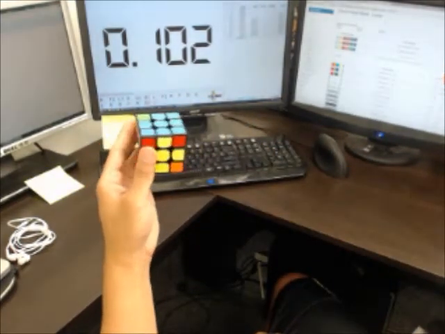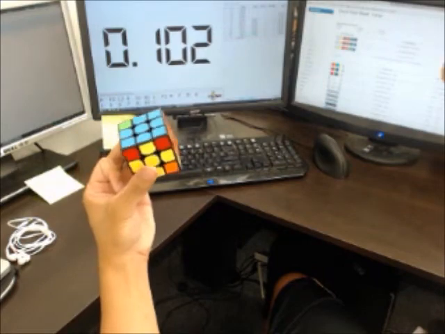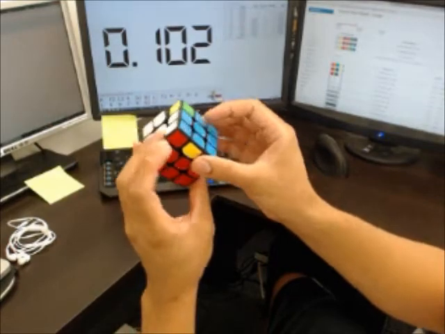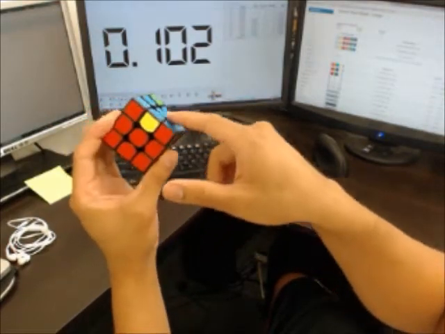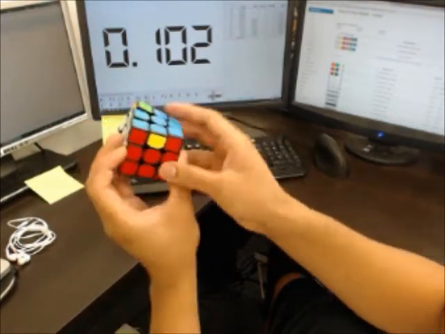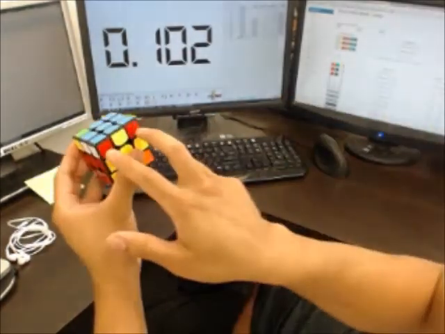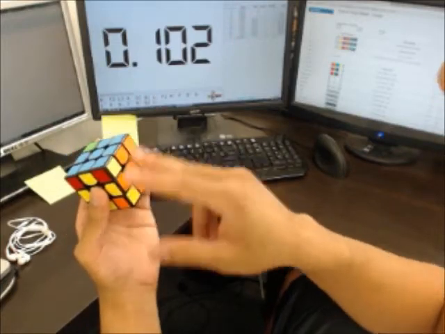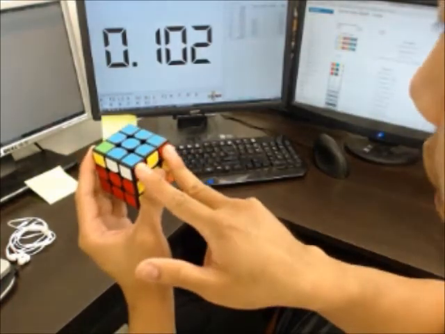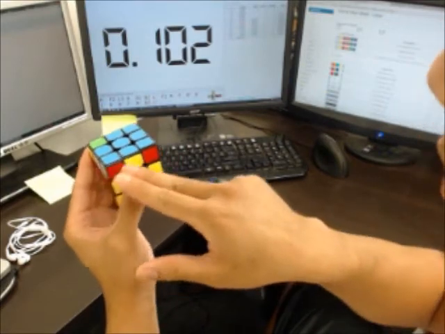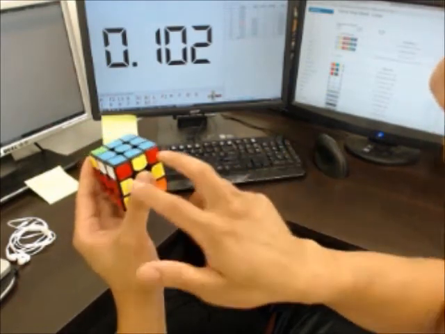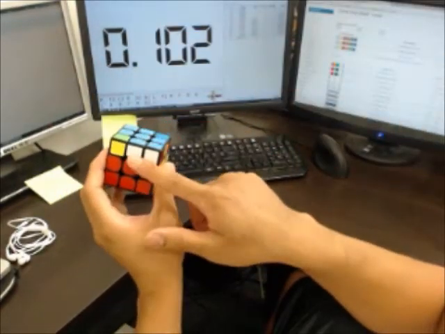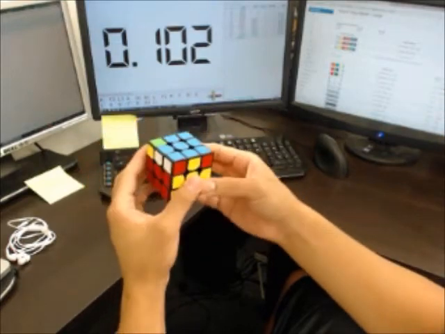Nice and short. So for this case, you can either recognize it as a U-perm going this way. Like, do you see how it looks like a U-perm? This goes here, this goes here. But you can also recognize that as these two are the same colors, and these two are like adjacent colors. So this is what I call front bar, because if this was red, you would get a bar in the front, and if it was on a 2x2, you would see a bar in the front. So the way I recognize this is there's a block here. It looks like an R perm. So